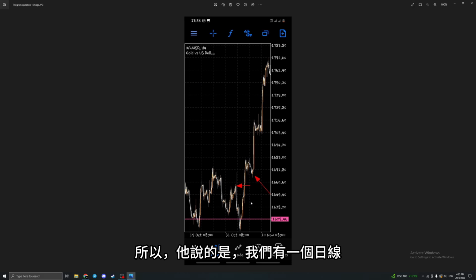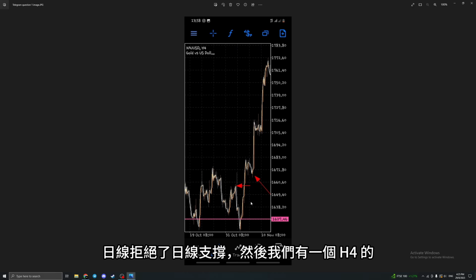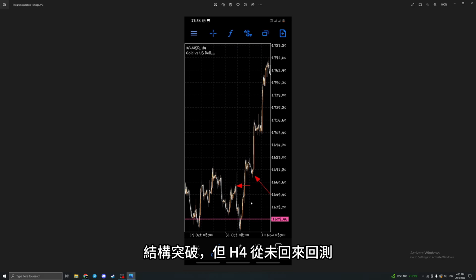So what he's talking about is we had a daily reject daily, guys, all right? So we're looking at a buy here. Daily rejected daily support, and we had a H4 break of structure. But H4 never comes back to retest some of these levels. Now, the first thing I can see, all right, is in these 2 arrows, we have one arrow that's actually